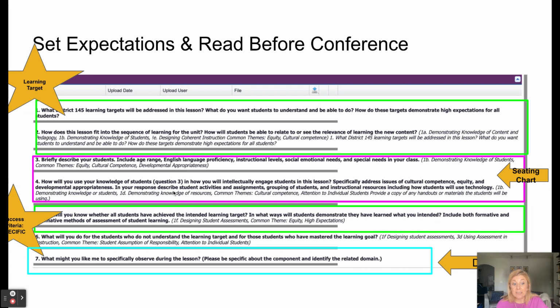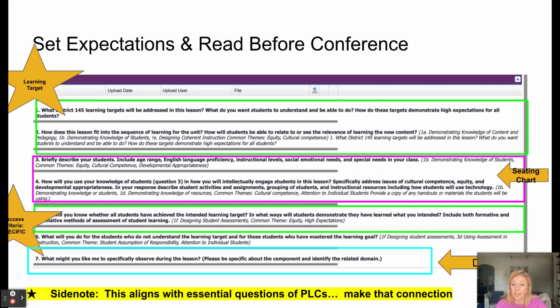But I'm very clear about what I want: I want information, and I want the teacher to use benchmark data for academics. I want them to tier the students for behavior. I want them to tell me about these students as learners and what I can expect the differentiation within the core to be to meet those different needs of students. And then finally, the last part is often connected to that teacher's professional goal, which is what am I specifically